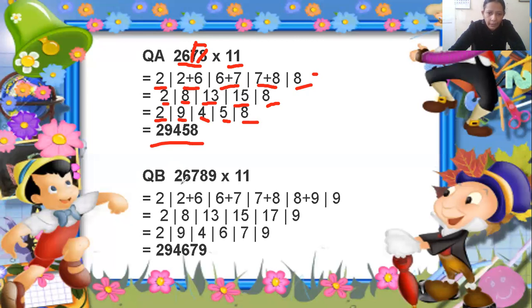Again, you have to multiply this number with 11. So first you have to split. What are the first two terms? 2 is the first term. I have written here 2 as it is. Now look at this question. 9 is the last term. So I have done the splitting by writing the 9 as it is. I will show you how I have done this splitting. 9 you will write down as it is.